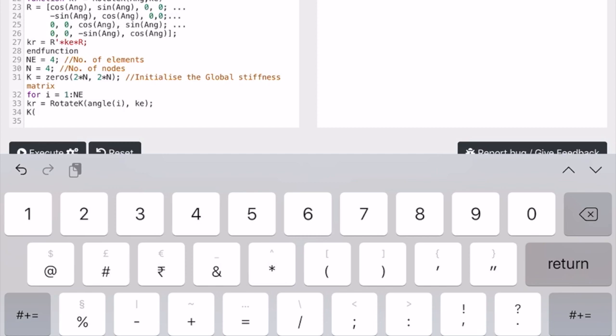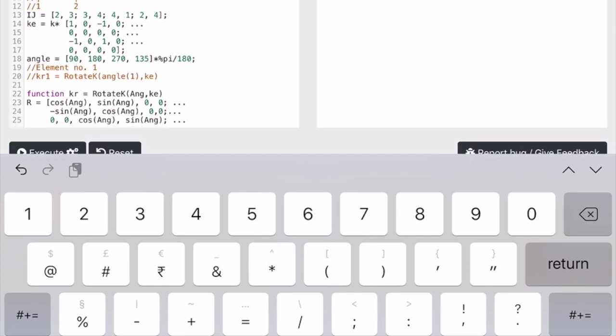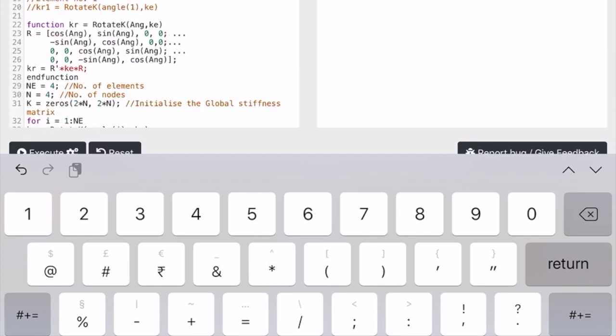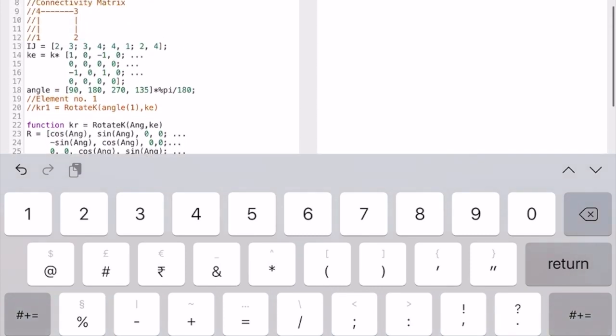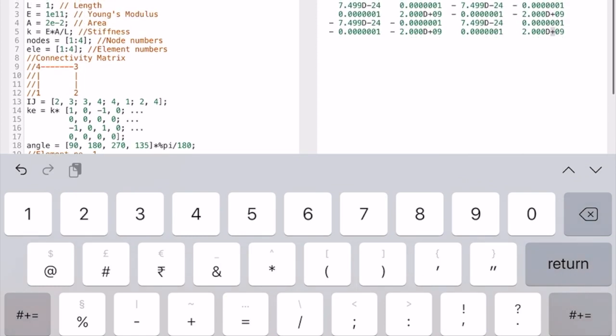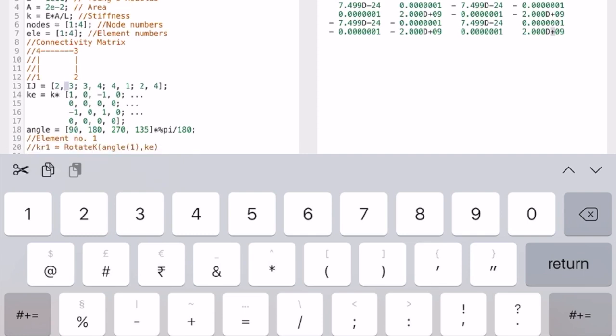So if we have node number 1, then for the connectivity matrix we have already defined the ij somewhere. See here, we have the ij here. So we know that if the ij is 2, 3,